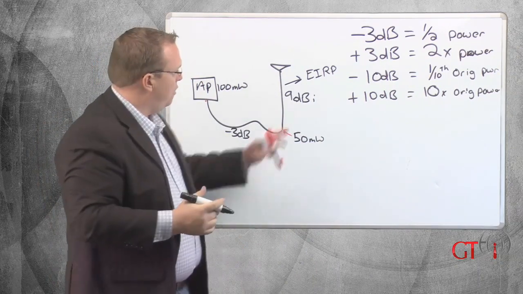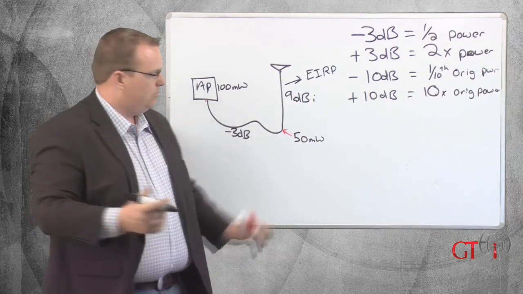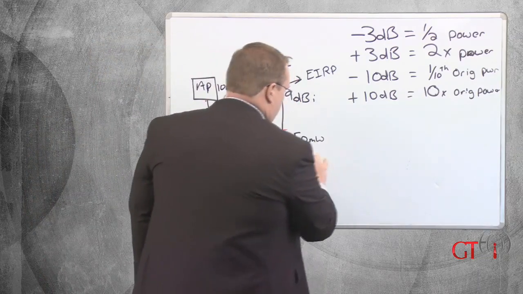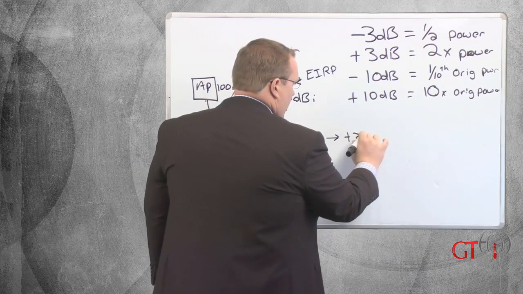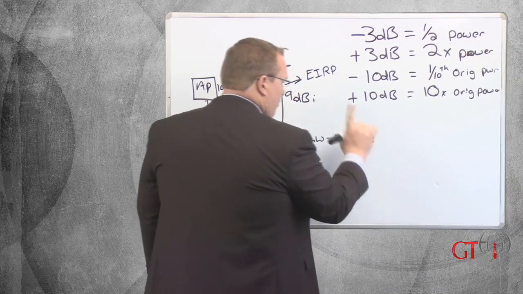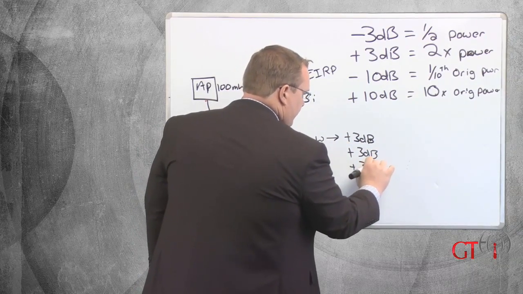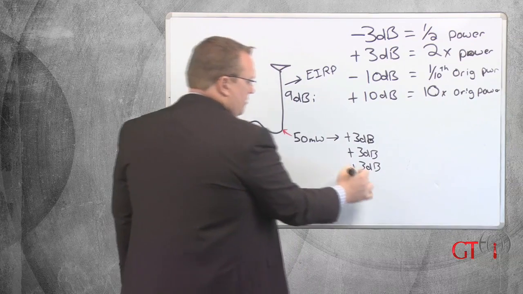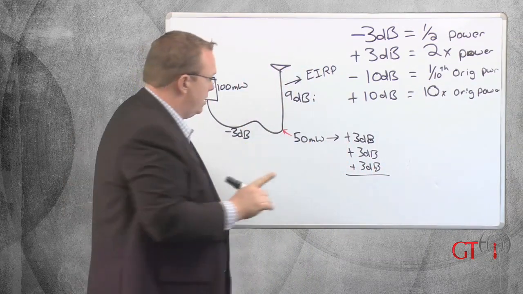Pretty simple. How do I get 3 decibels to 9 decibels? I do it 3 times. So 50 milliwatts goes in. So 50 milliwatts plus 3 dB, plus 3, plus 3 is my 9. The one thing to understand about this, where I've seen a lot of people make mistakes, is